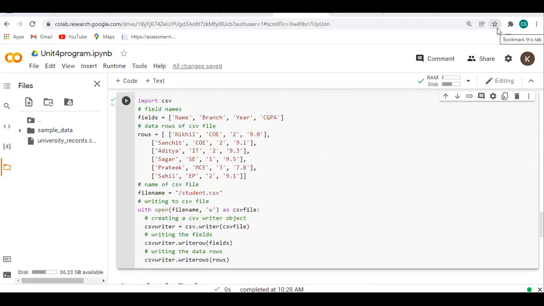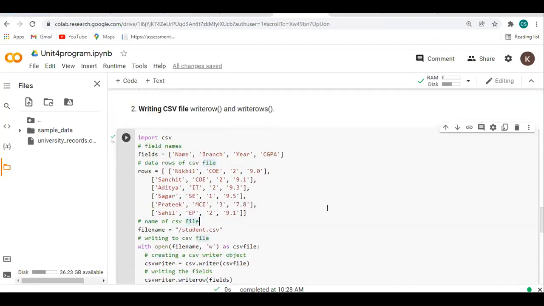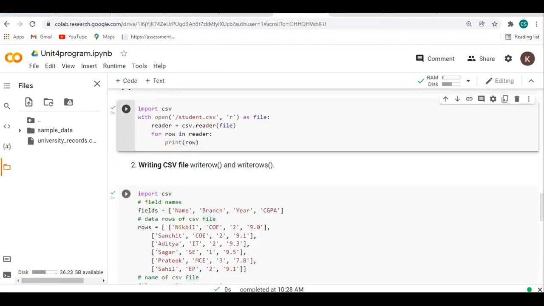Does anyone want to share your screen? The operations you have to do on a CSV file, like the reading and writing operations.